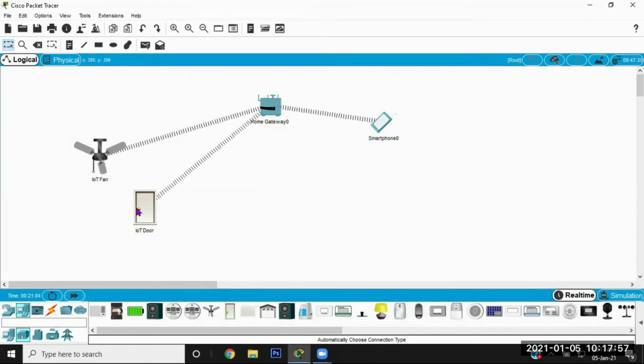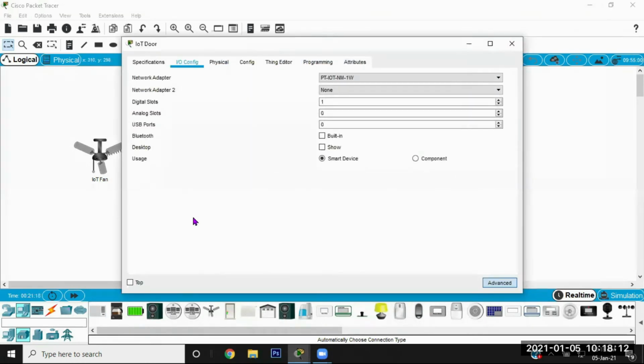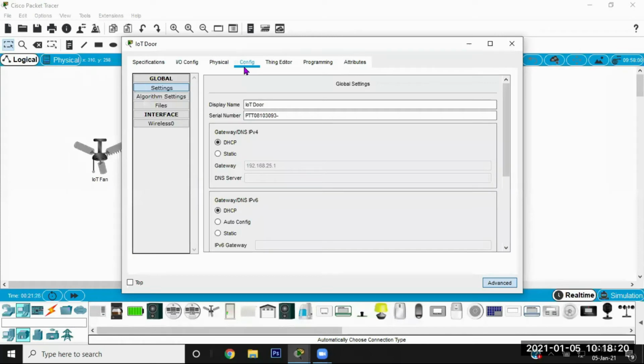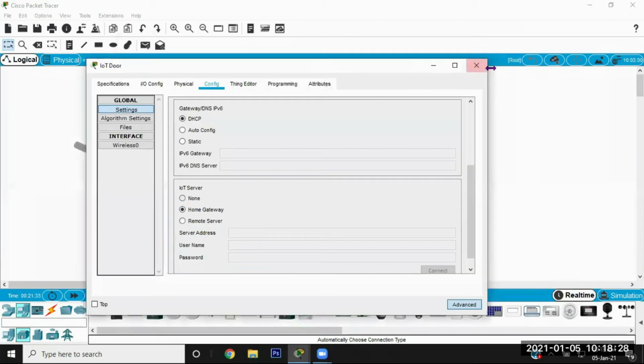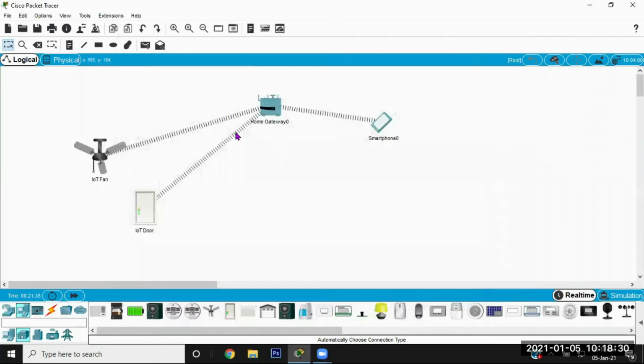So after connecting it to the home gateway, I need to register this IoT door on this home gateway. So I will go to configuration setting and under that IoT servers are there. So I need to register that one into home gateway. So after registering it into home gateway, everything is over now. Okay, this IoT enabled door is now registered with this home gateway